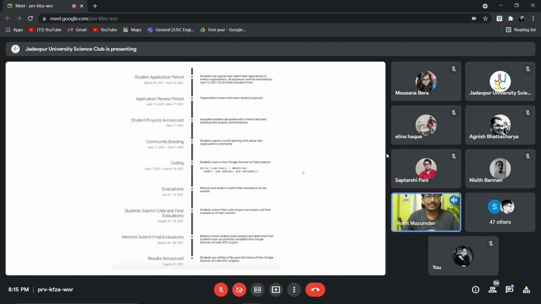The next thing which happens is that the student application period begins. Now that the list of organizations is out, the students start applying. The student will write their application and send it to Google, and as I said, Google will forward those applications to us, and the application review period begins. We will review the applications and send back the results to Google, and Google is going to announce to the world that these students have been assigned to these projects and have been selected for Google Summer of Code. So that is the first part.